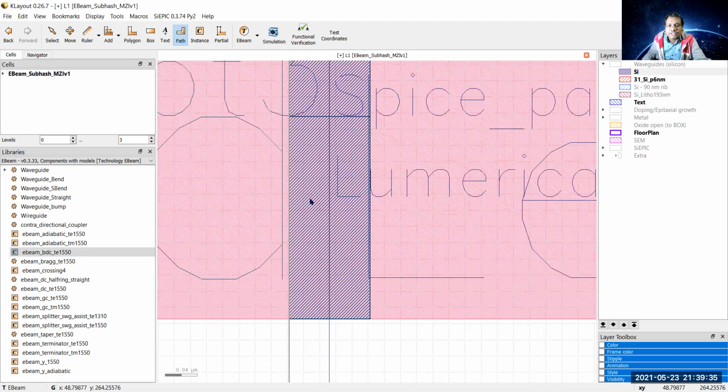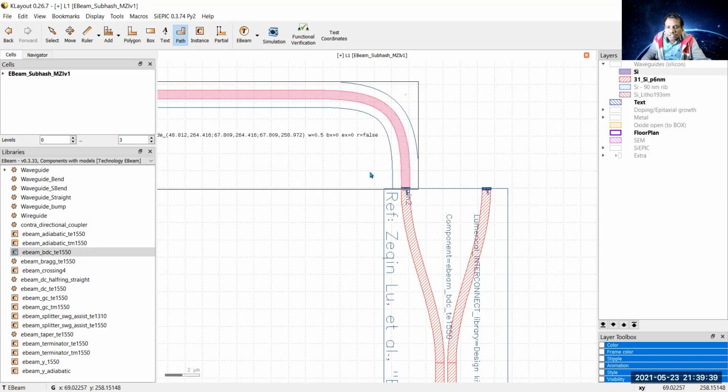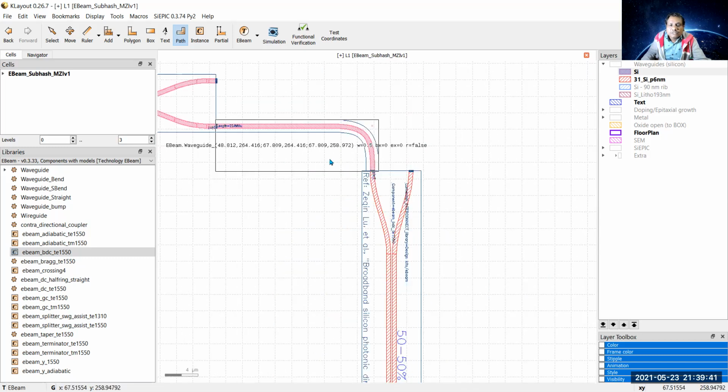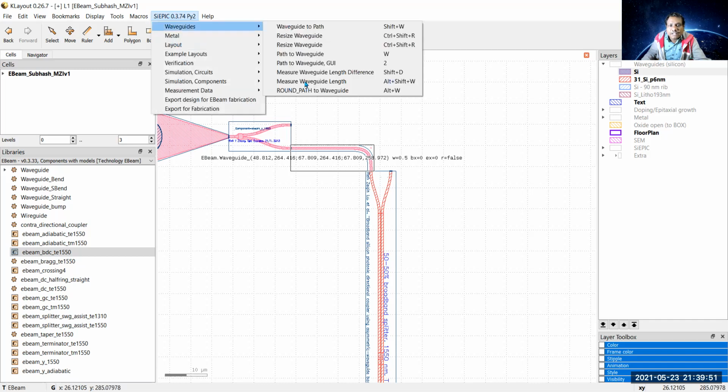So here you see, now let us check this one also. Since it is selected, let us check what is the dimension of it, that is, what is the length of this arm. So go to SiEPIC waveguide and measure waveguide length.